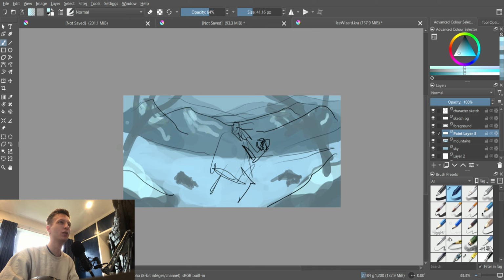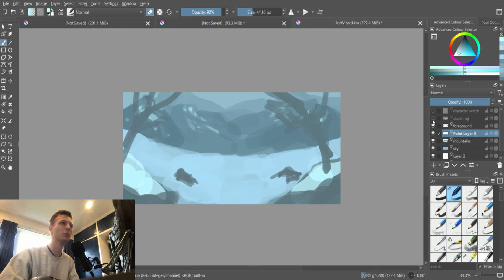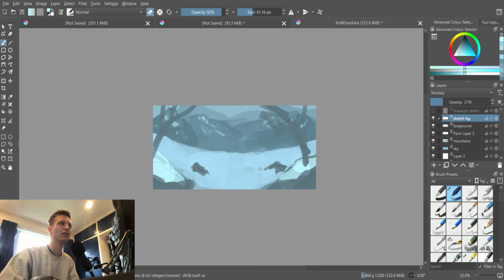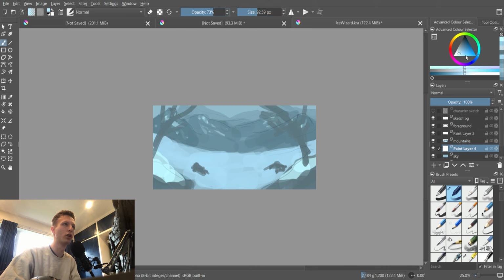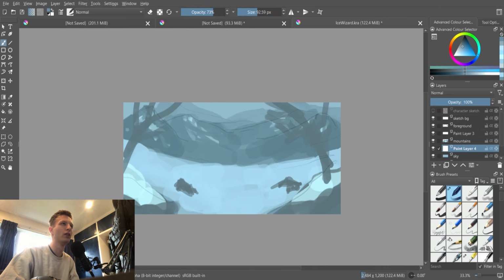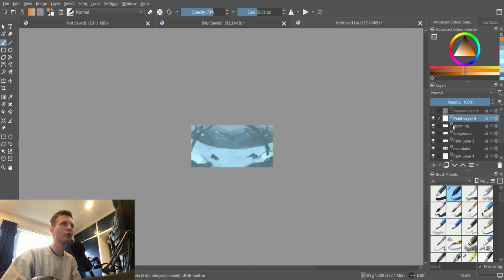And you can see me just putting on all the basic color. It's nothing special, using the round brush. And lowering the opacity of the line work, or just switching it off to see what it looks like without it. And there'll be a lot of back and forth, seeing what works, and fiddling around with the lighting,